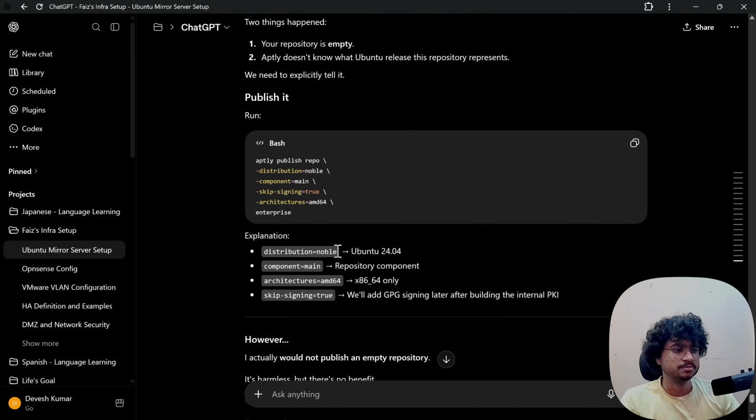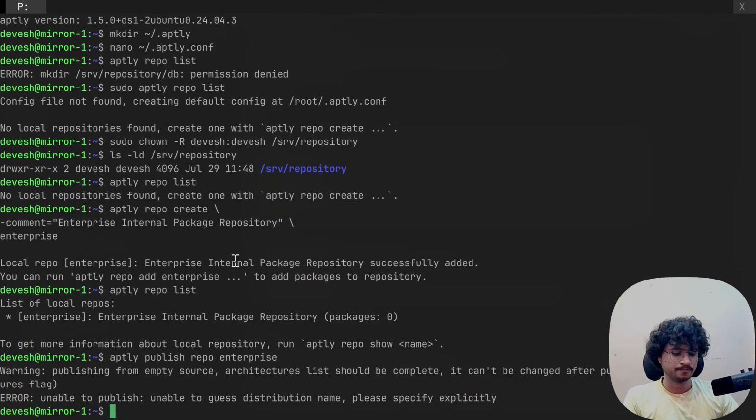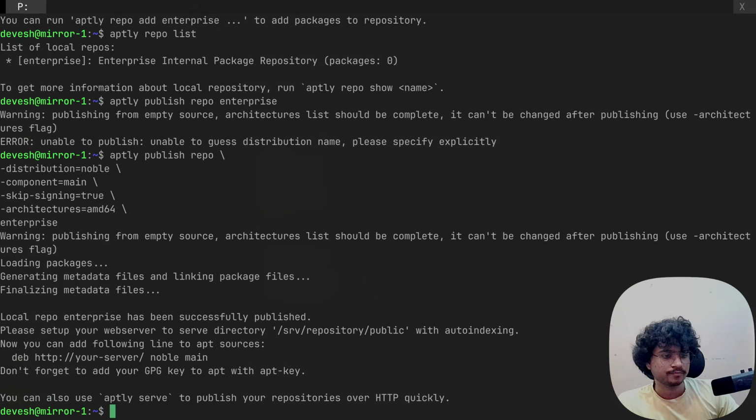Distribution noble, component name, skip signing true, architectures amd64. Publishing from empty source.